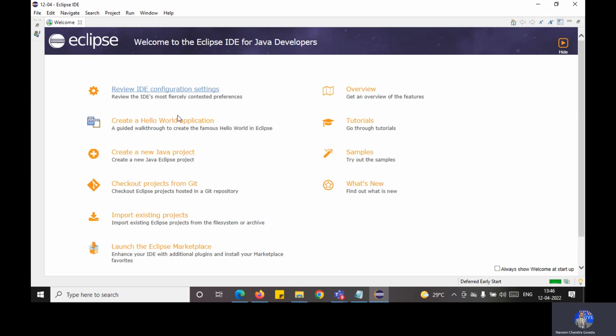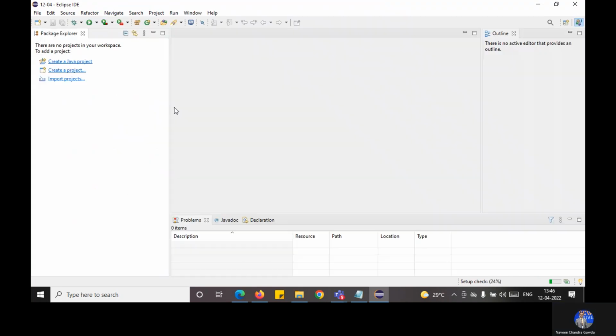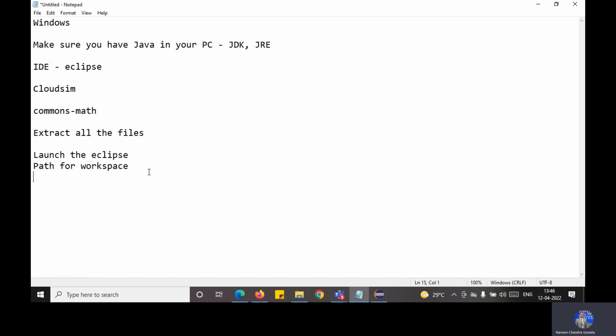As soon as you launch your workspace in Eclipse, you can see it like this. Okay, I don't need this, so I'll just close this. And as soon as I do, I get the home page of Eclipse. So let us recap till where we did. We are done with giving the paths, and we have launched the workspace in Eclipse successfully. Now the first step,